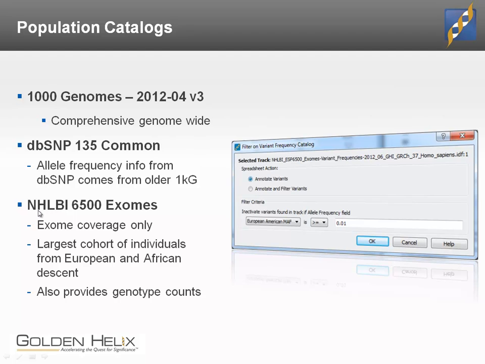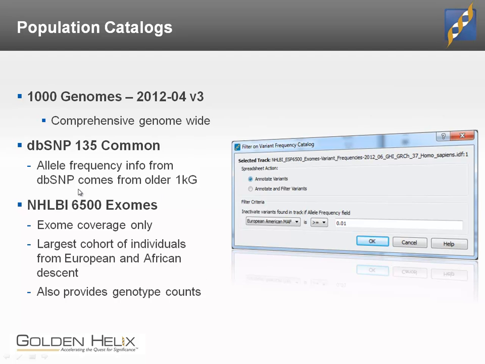And finally, there's this excellent catalog, which is going to be appropriate for us today. It's published graciously by a consortium that's not publicly funded, but it is the National Heart, Lung, and Blood Institute. I should clarify, I'm sure some of their funding is public, but they were by no means obligated to release this data, and they did it for the community benefit.